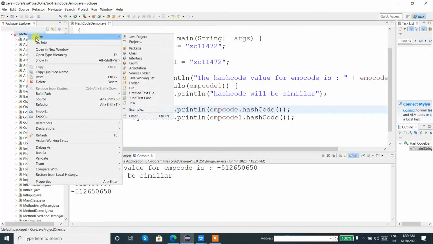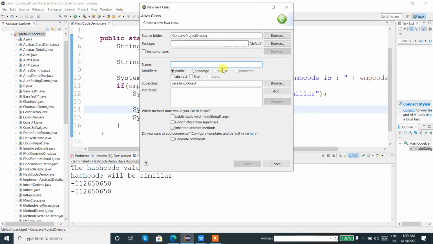I am creating a new class in the default package. Same value string is the class name, it's the main class.